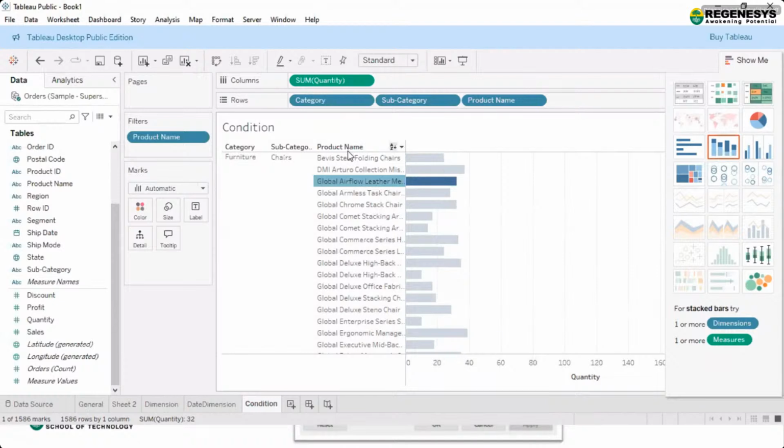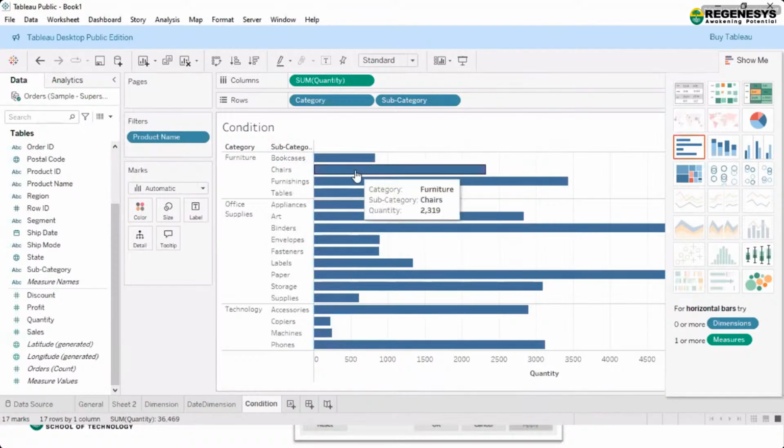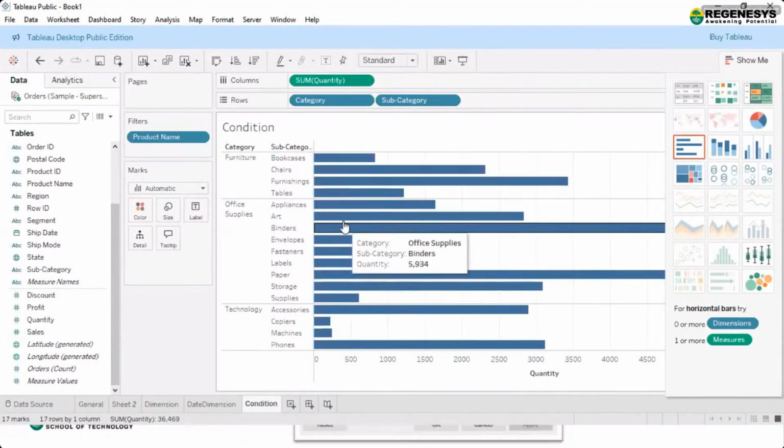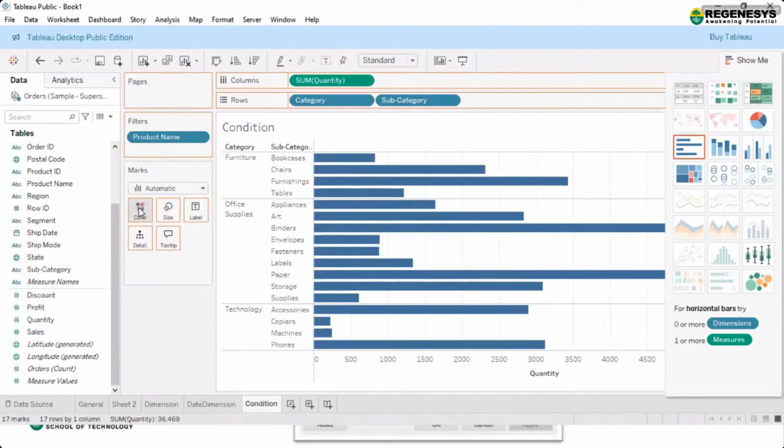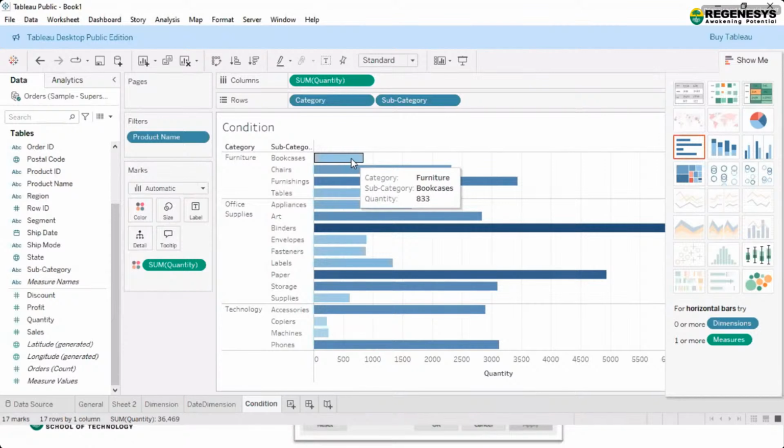If I use it only for, let's say, subcategories, here you can see the quantities of all the products for subcategories. And if I use, let's say, colors, you can see the colors are also specified here.